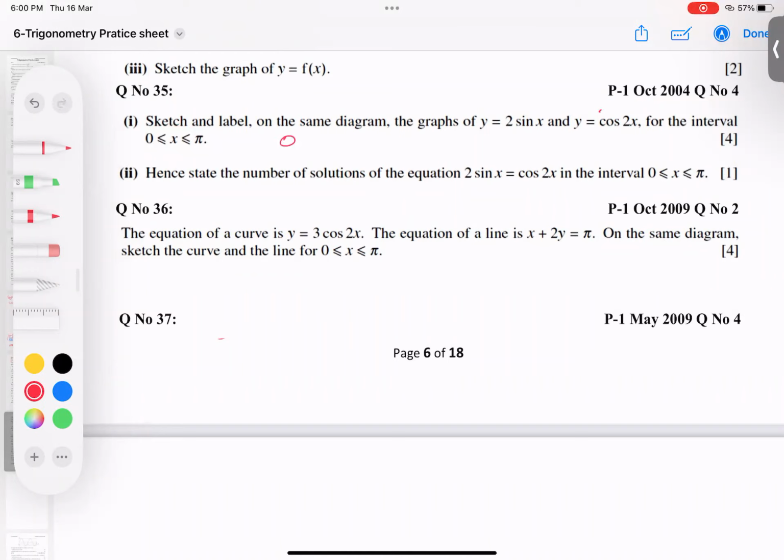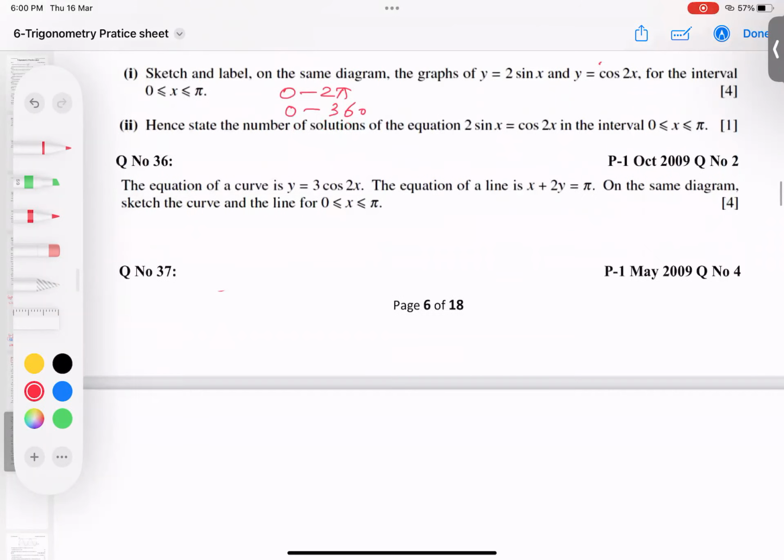Okay, do one thing. Let's make it till 2 pi. 2 pi means 0 to 360 degrees. Then I will erase half of the graph, so at least you understand what is going on. So this question,